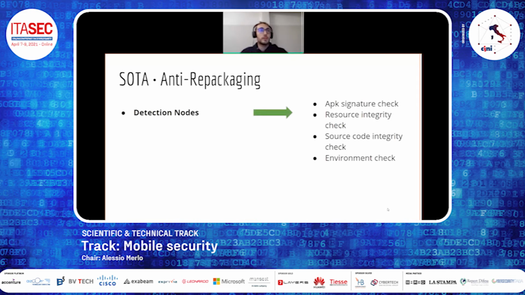The first one is the detection node, which is the integrity check that aims to detect any alteration of the target application. For example, in the detection node the signature of an APK file could be verified.